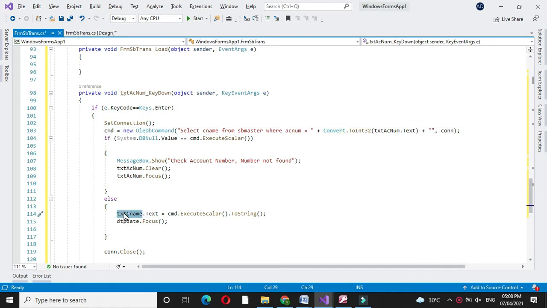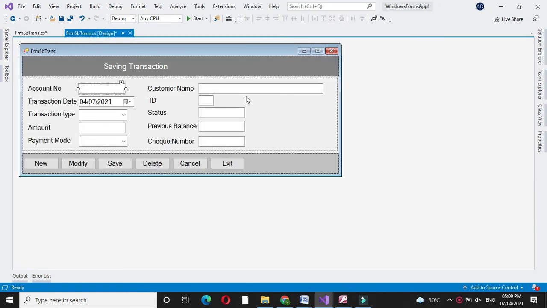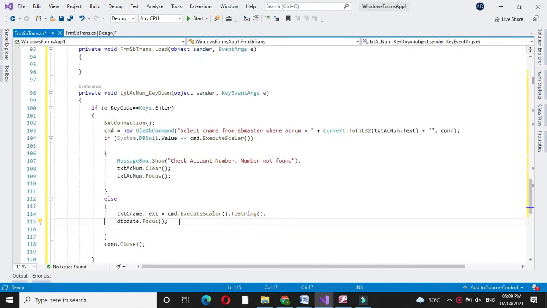Else we will assign the CNAME selected from the SB Master to TXT CNAME, which is the text box for displaying the customer name. Then we will set the focus to date and we will close the connection.